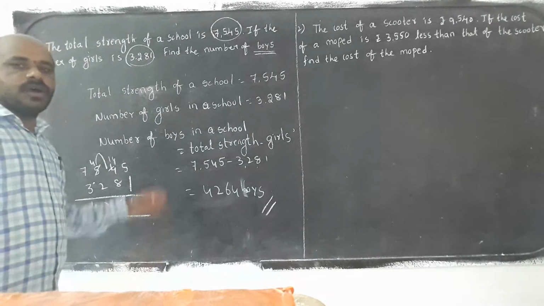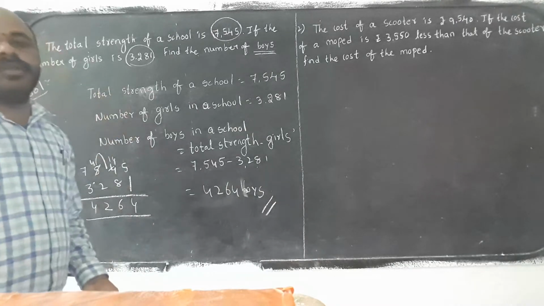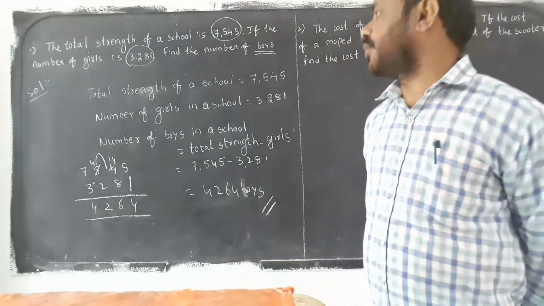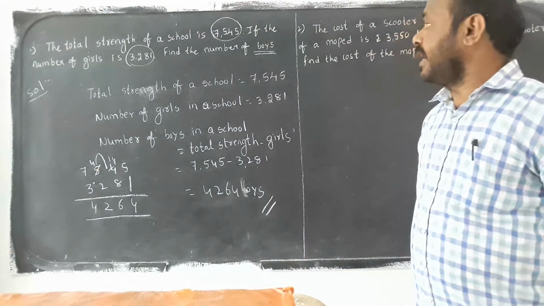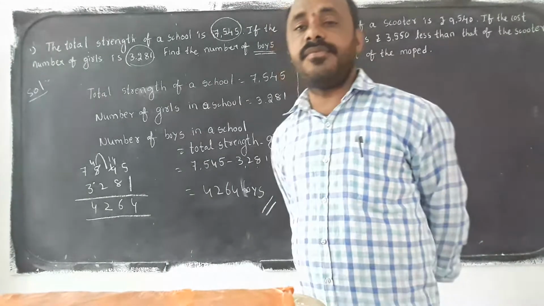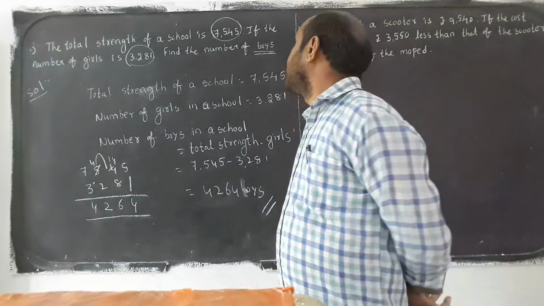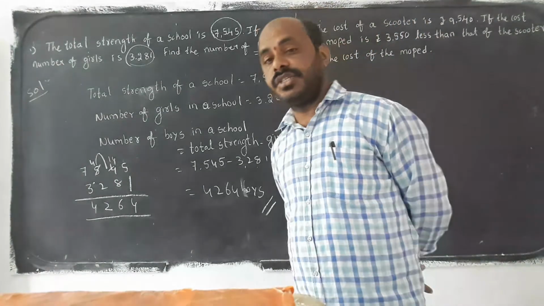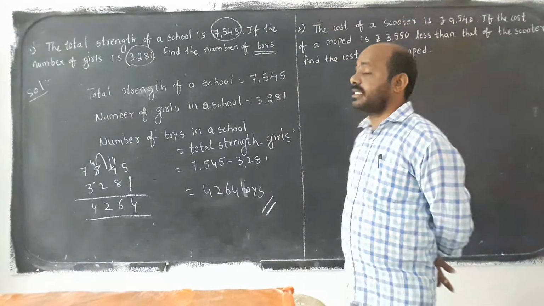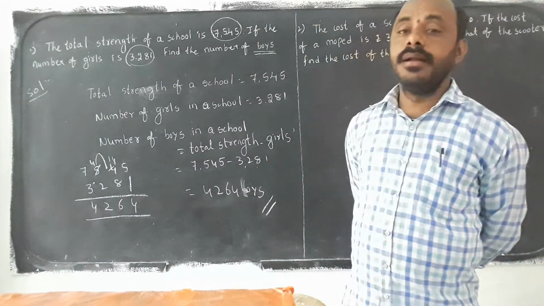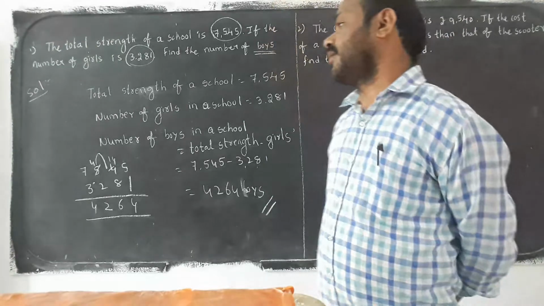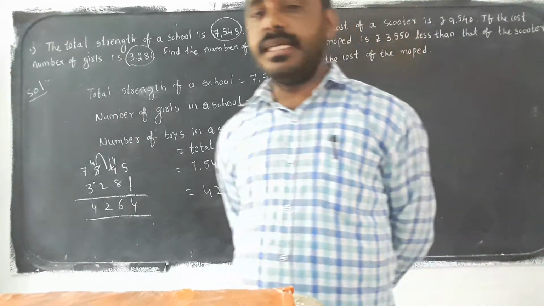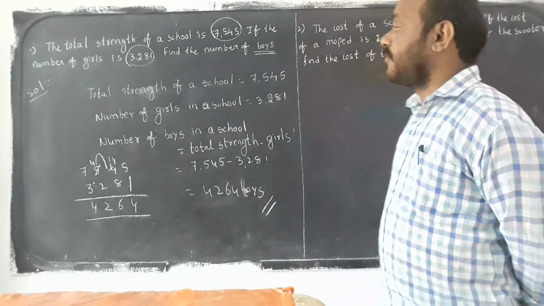Okay, like this, according to the statement, we will arrange, and see what he is asking in the conclusion. If he is asking for the difference, meaning the number of boys, or if a quantity is asked, a total quantity, we should do addition. If he is not asking for the total, only asking for a particular strength, a particular quantity, a particular number, then we have to do subtraction. This is the first word problem, the first story sum.